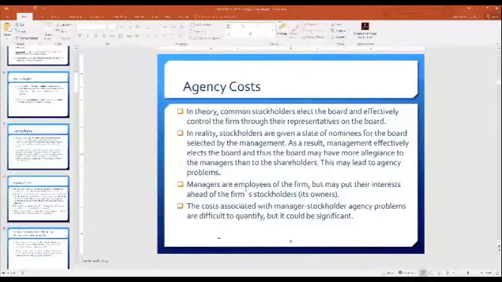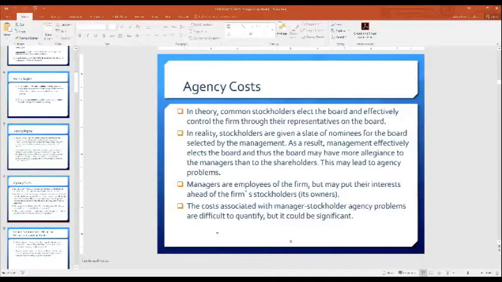So they are the ones electing the board of directors, effectively controlling the firm. But what happened in reality is that the stockholders are given the nominees already, which were chosen by the management. Kumbaga, it has been controlled by the management already. So not unlike in the theory that what we are learning is that we can choose who among